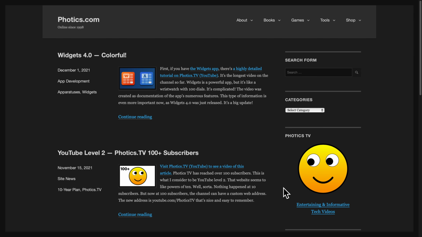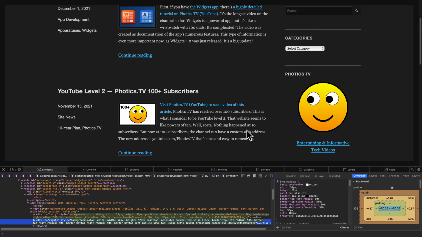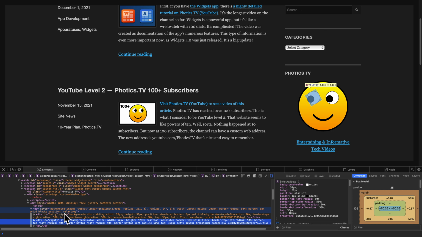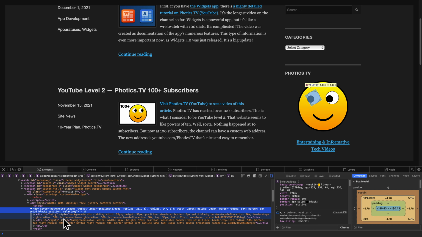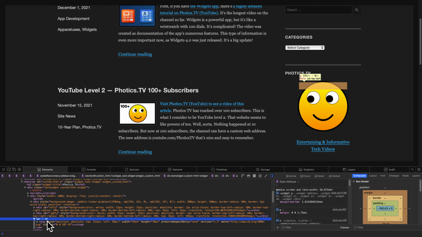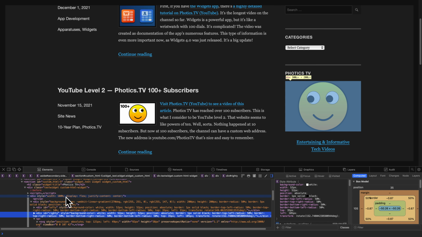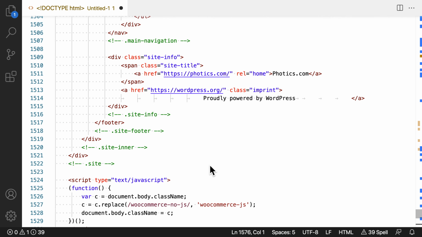A great way to get familiarized with CSS is to look at the code on your website. You can do this with the Web Inspector. I'm using Safari, but the other major web browsers have their own developer tools too. You can target a specific element by right-clicking and selecting Inspect Element. It shows the HTML code. An element can have a class. It's a name for a group of styles. By finding which classes are in use by the WordPress theme, you can add your own custom CSS to change elements with that class name.